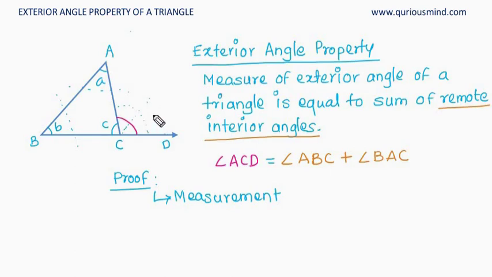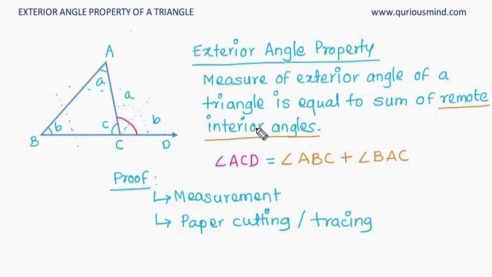This would be angle B and this will be angle A, and I'll see that they actually fit perfectly here, and that way I can prove it. So I can prove it by paper cutting or paper tracing. And the third way is we can have a mathematical proof,